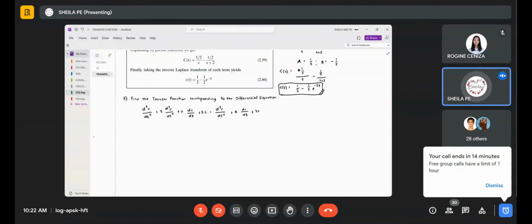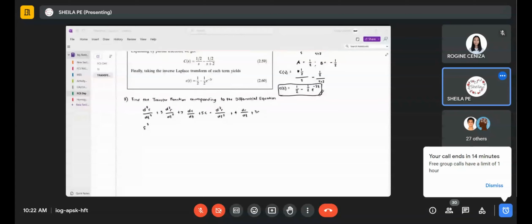So for the Laplace transform of d cubed c, we have s cubed C(s), plus 3s squared C(s), plus 7s C(s), plus 5 C(s), equal to